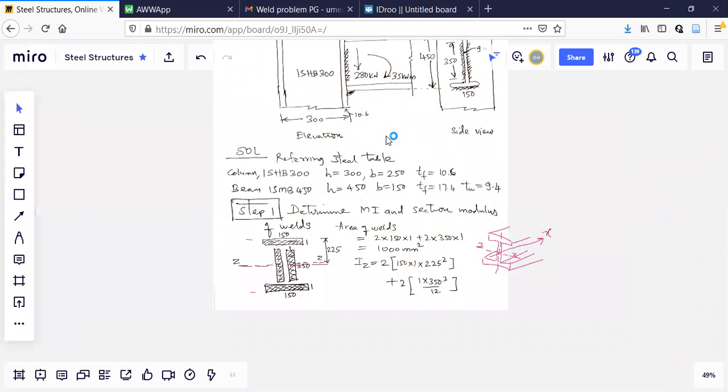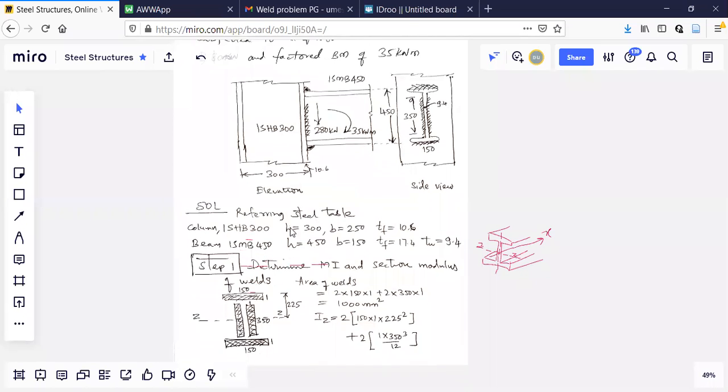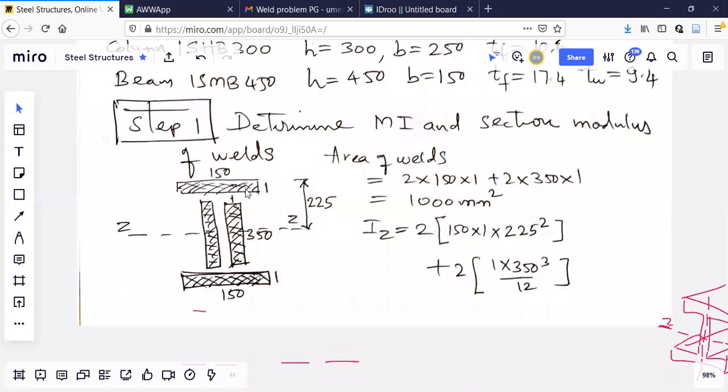This is 450, top to top. So the center line concept is not used, because it becomes 0.5, which is of no use for us. That much accuracy is not required here. So here what we do is,